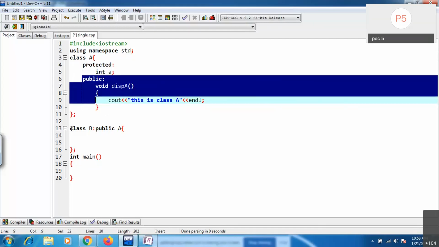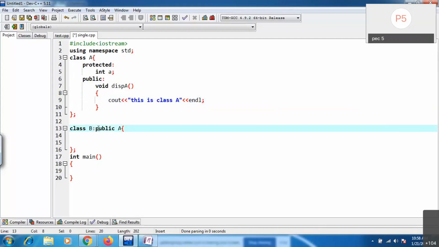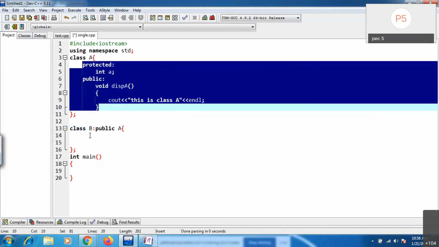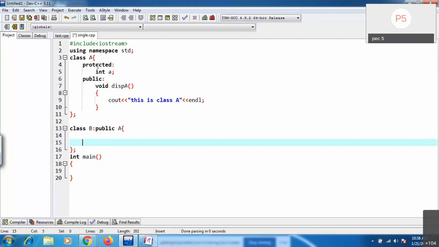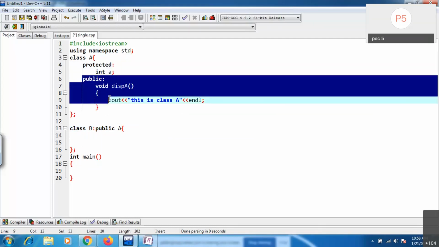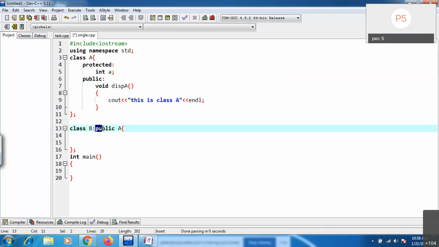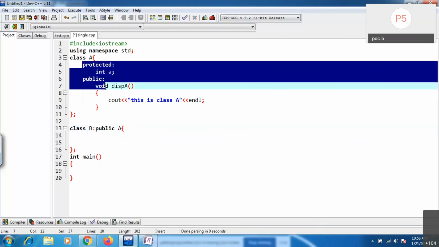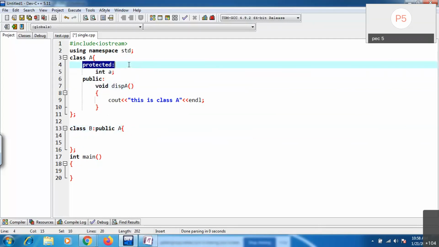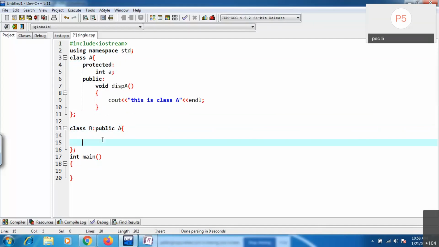I'm just taking one more class B, and I'm deriving it from class A. Now these members are by default visible inside B as well, because protected members you can access and public members you can access. In public mode, protected will become protected and public will become public. Means directly these are visible inside B.